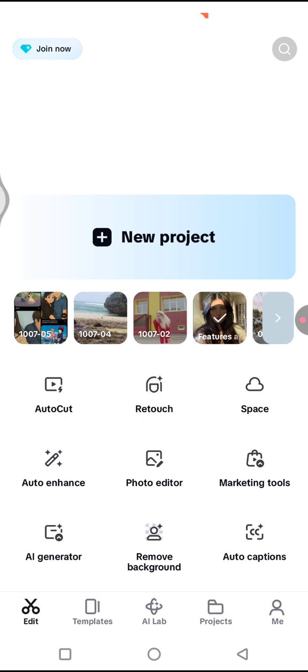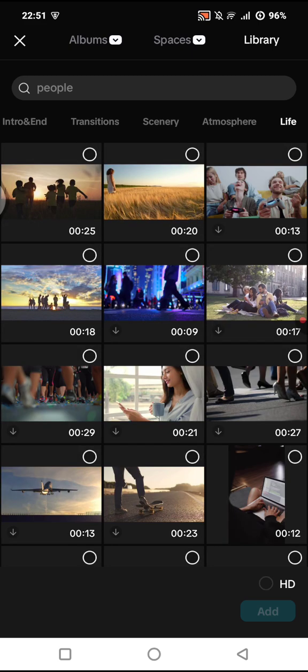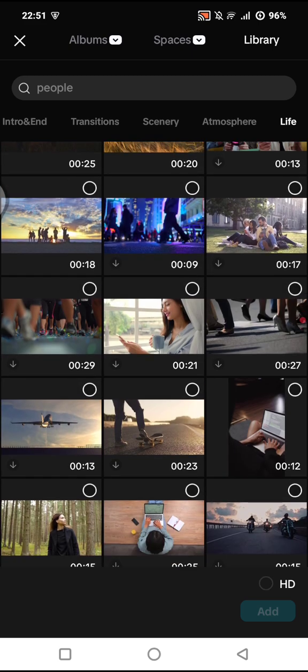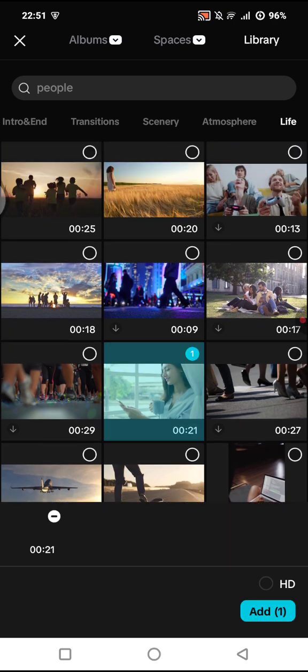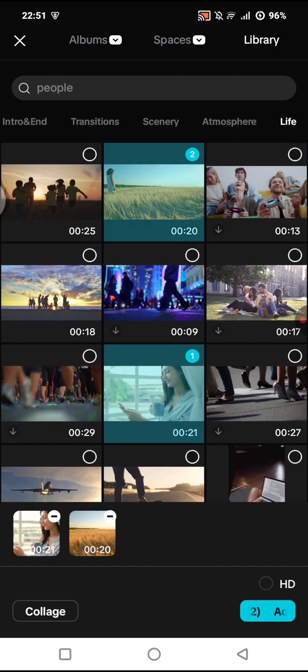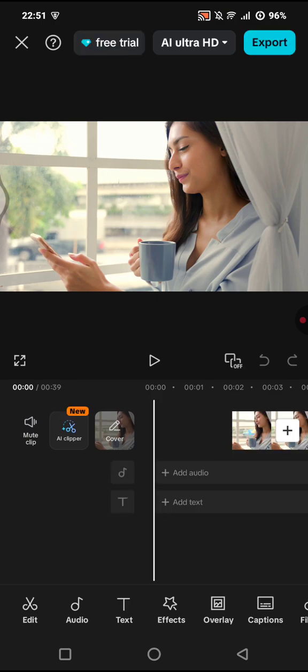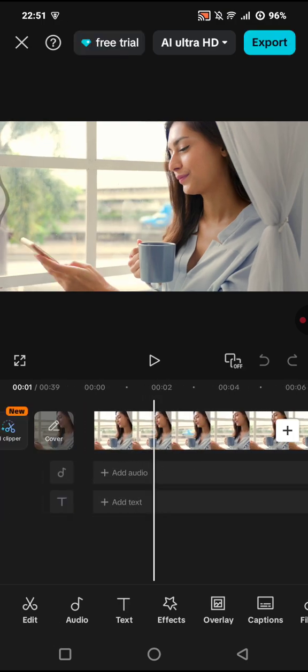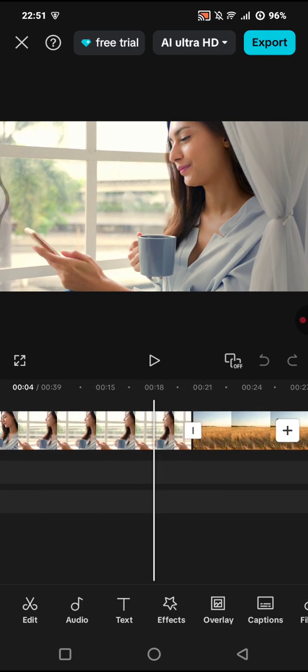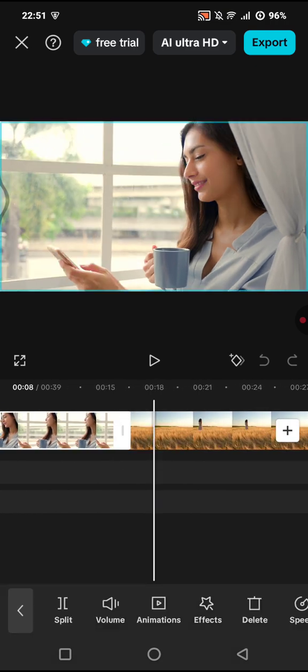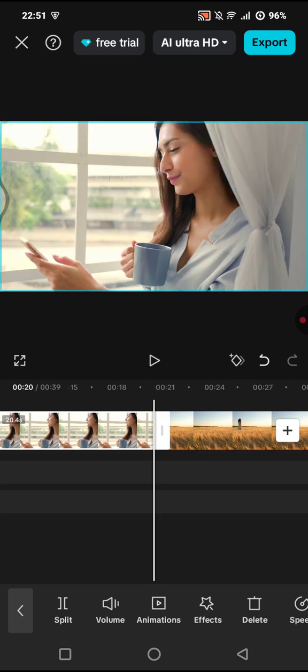So you can just open CapCut and tap on new project to start editing, and you can find your videos in here. So for example, I'm going to just use CapCut library. Click on add, and in here, this is the CapCut timeline. So now